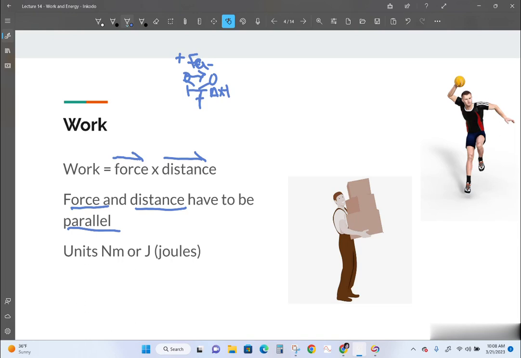So let's also look at what a newton meter is in addition to a joule. A newton is a kilogram times a meter per second squared, and then you multiply it by a meter. So really, it's also a kilogram meter squared all over a second squared. So a newton meter or a kilogram meter squared over second squared, they are both called a joule. Those are the equivalencies for a joule.